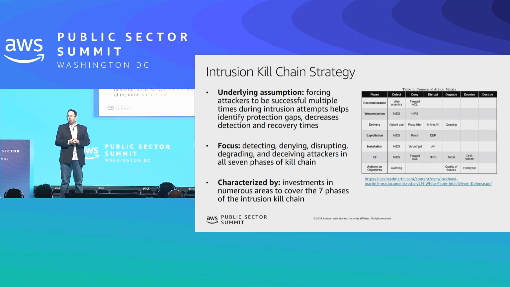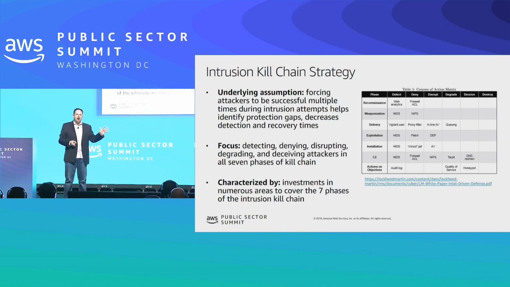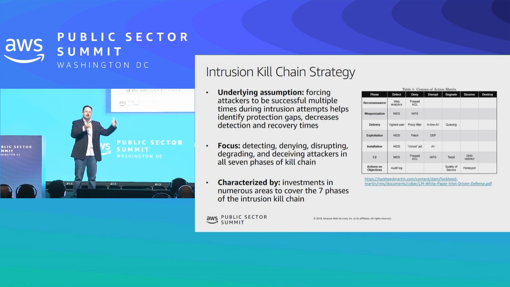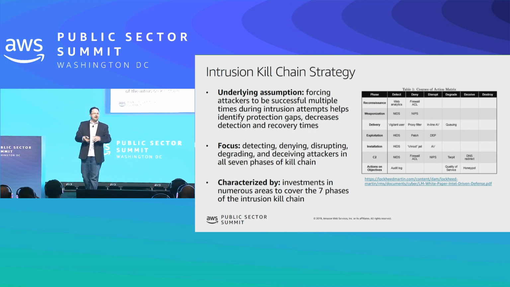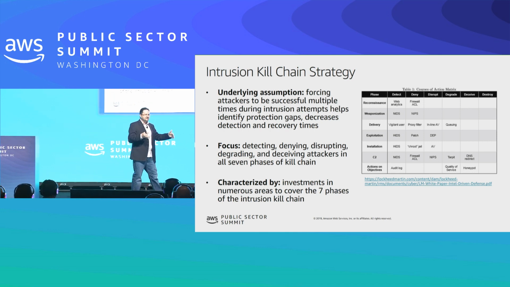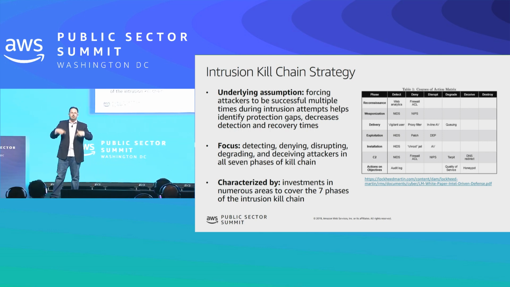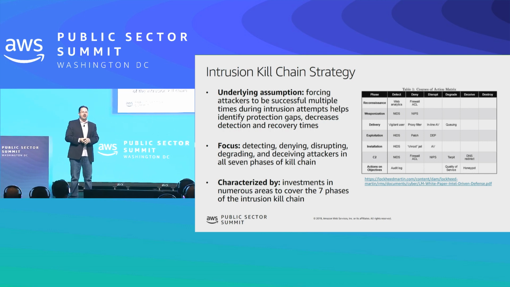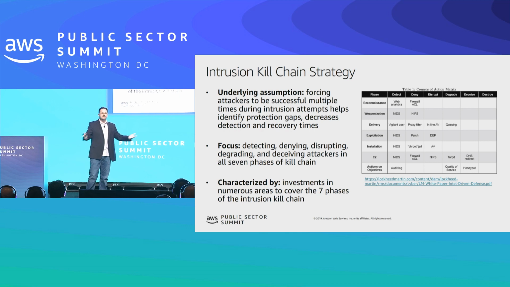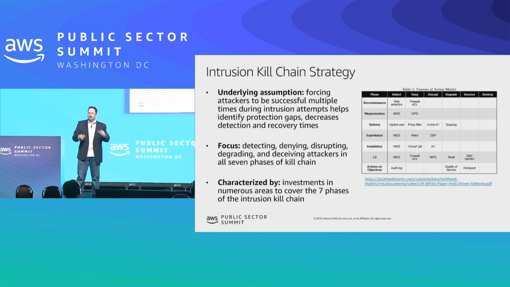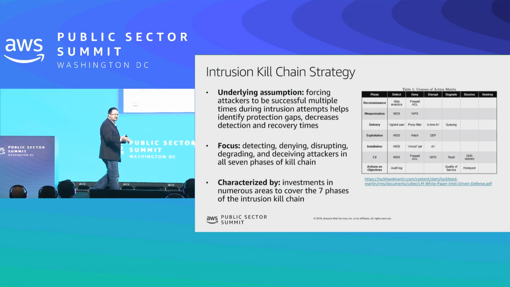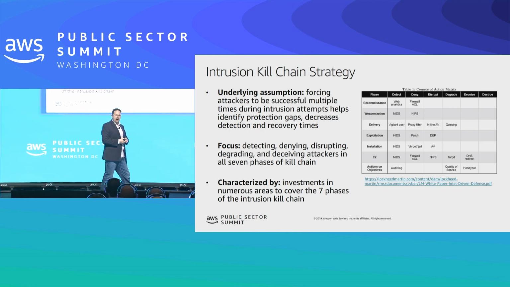DevSecOps is where you want to go. CI/CD pipeline, making sure that everything that's being deployed meets all of your standards already before it ever gets into deployment. Using things like CloudTrail and CloudWatch to make sure it's constantly in the same configuration in AWS Config. Okay? Short-lived environments that you're constantly blowing away and reprovisioning every hour. Okay? There is no place for the bad guys to go in that environment. The hard part is your workforce has to transform, and that doesn't happen overnight. So a strategy like this one that you might already be doing on premise, or something close to this, can help you if you can translate that into the cloud as well.